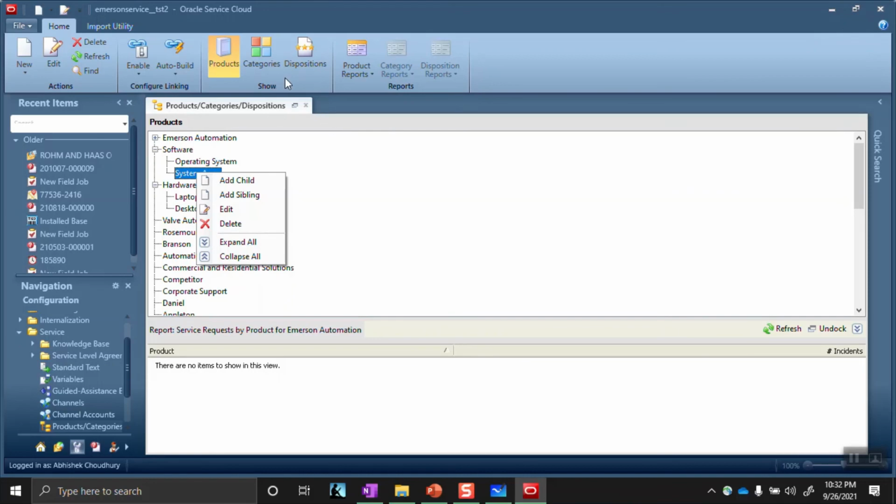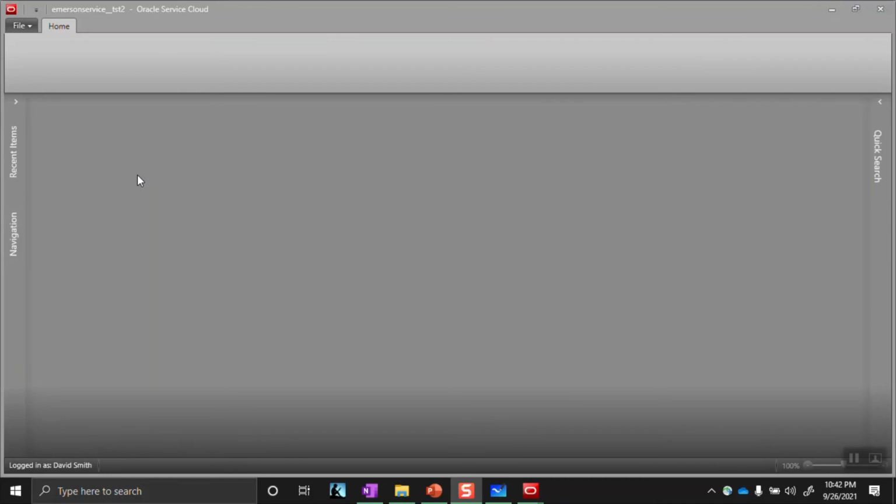Anyway, these were the few important points I wanted to mention before seeing the simulation result that we have done. For that, we will go into our service request workspace, and we will see how the product, dispositions and categories are behaving. So let me close this. This is another login, our XXRC Agent 1 login. I have already shown the login creation, credential creation, the profiles and navigation sets in my previous video.